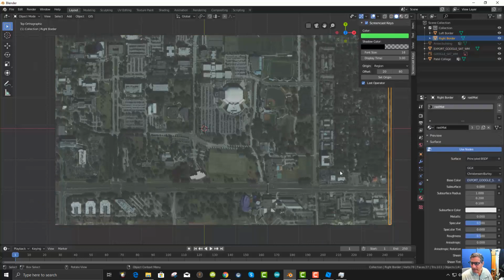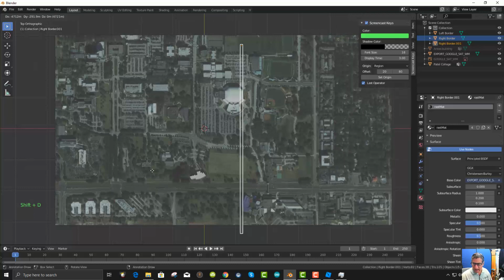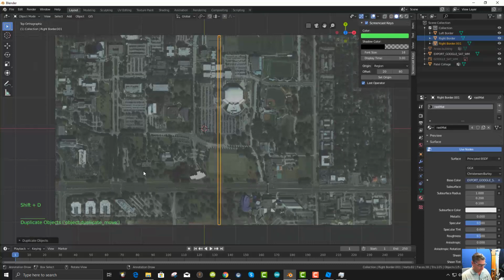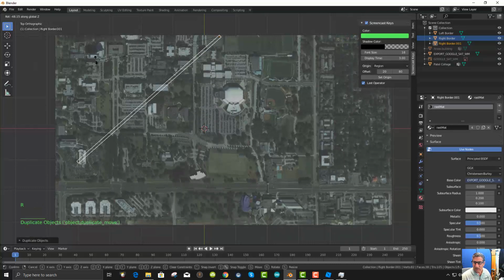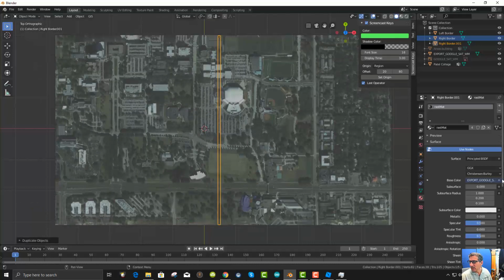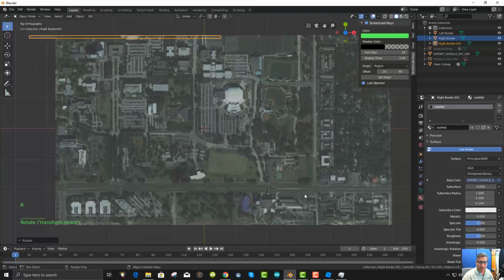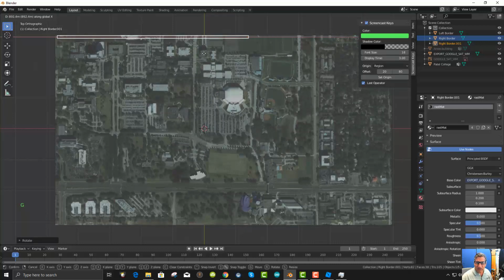Anyway, now that I've got that one, I Shift D on that and I bring it to the center, and then I rotate it in Z, shoop, like so. Or you can hit rotate 90 so you know that it's perfect. And then GX drag it, and